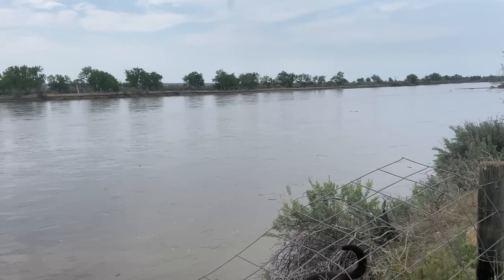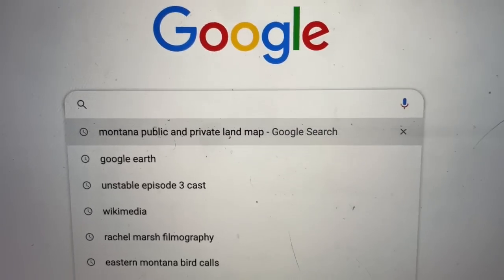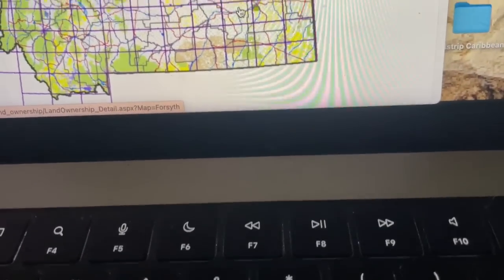The river is high and you want to go rock hounding. What are you going to do? I'm going to tell you what I do. I head to the internet. I've looked at this lot often enough that it pops right up. And there it is. All right, so we're going to click on Rosebud County because that's where we are right